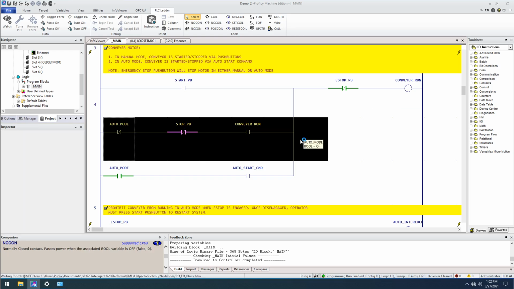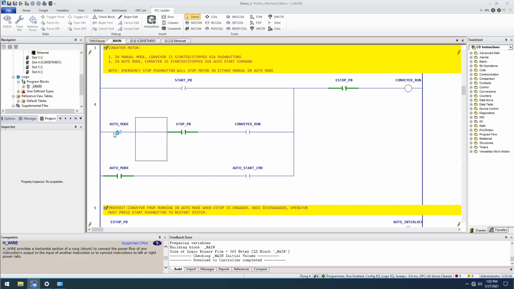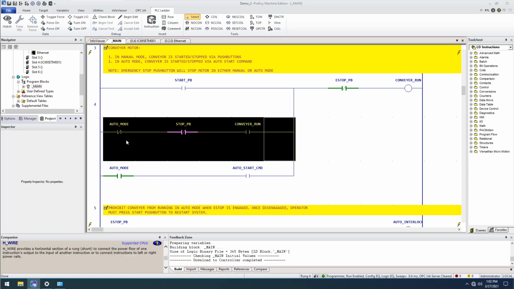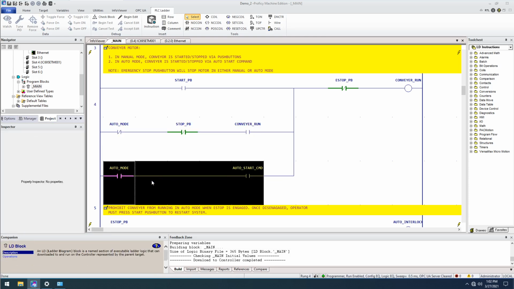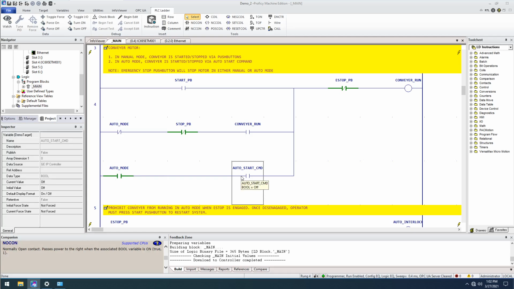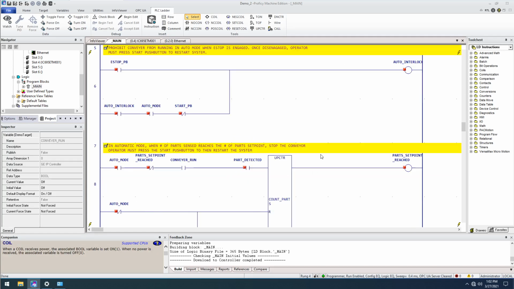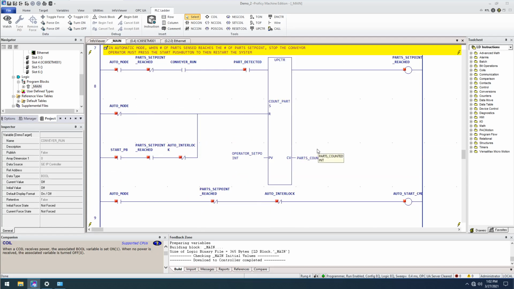And we can see that this has no influence on the logic as we had beforehand if we were in manual mode, because remember, we need to be in manual mode for this to execute, so it's not going to have any influence. And therefore, because we're in auto mode and we've lost our auto start command, the conveyor will stop. Now, if we were to flip to manual mode,